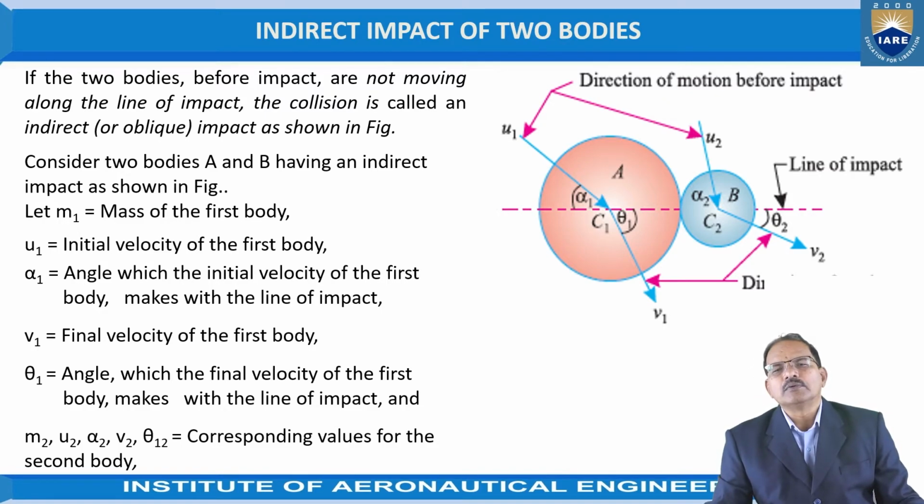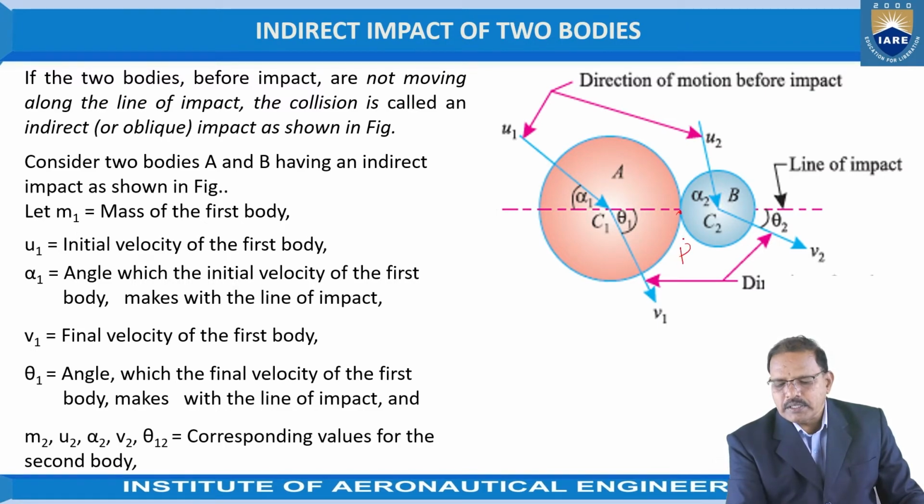Similarly, m2 is representing the mass of the second body, u2 is representing the initial velocity of the second body, and alpha 1, alpha 2 are representing the inclination of the velocities with the line of impact, as shown in figure, for u1 and u2 of the first body as well as the second body. That after the collisions,